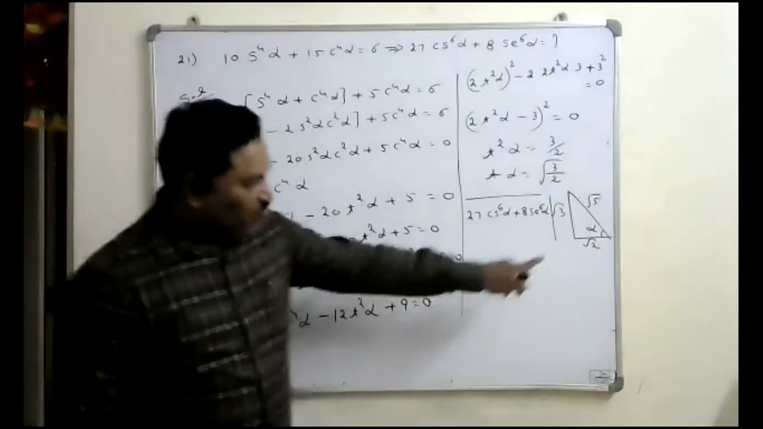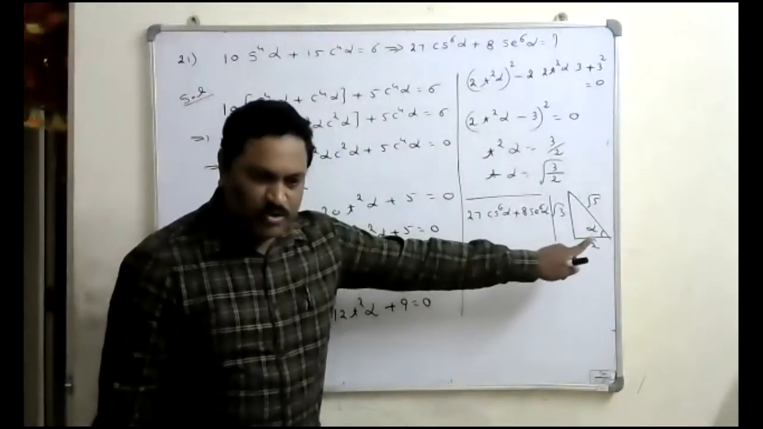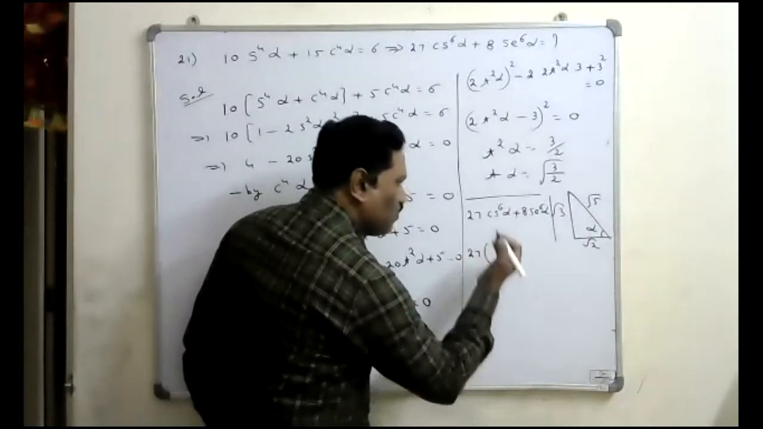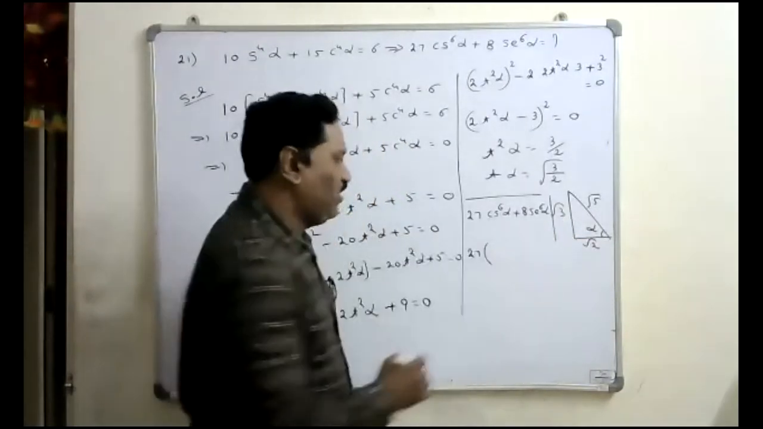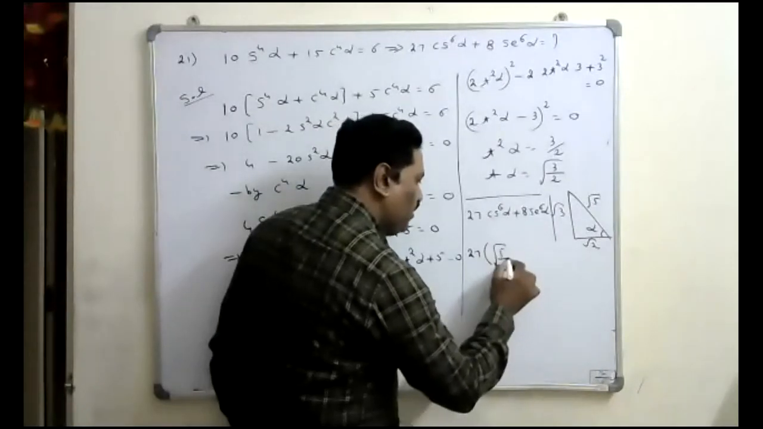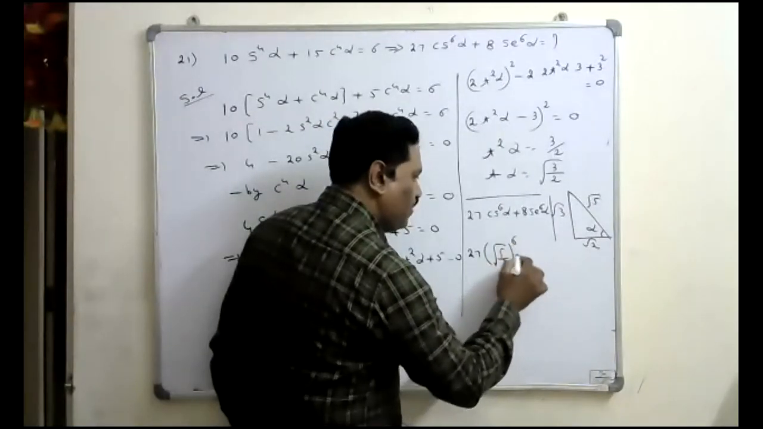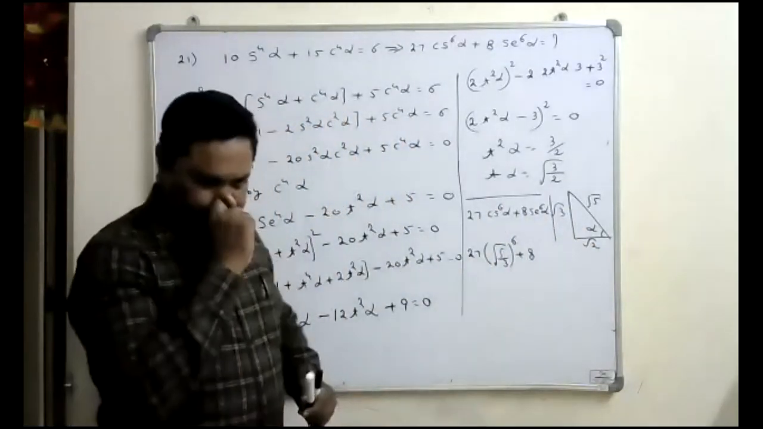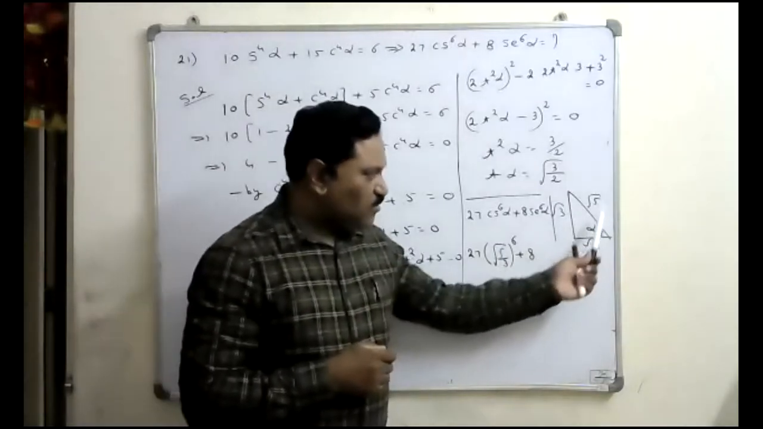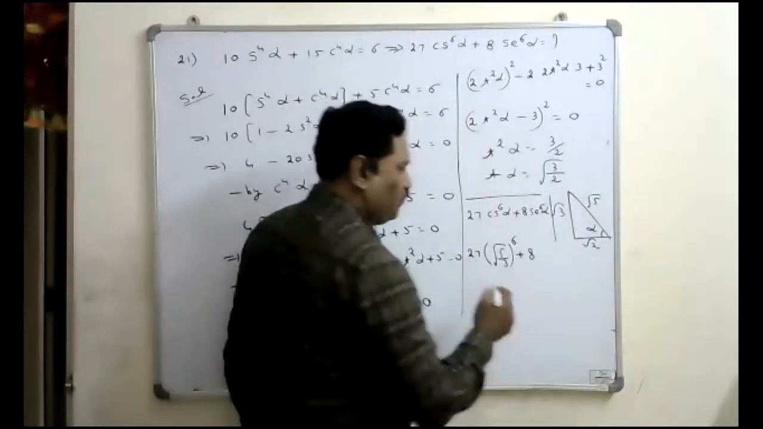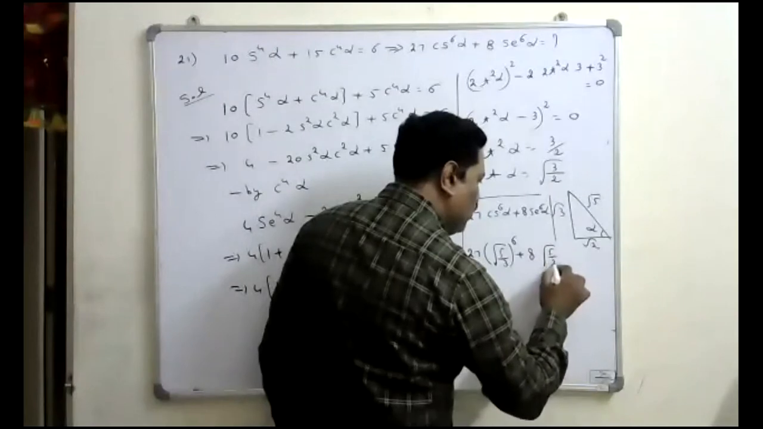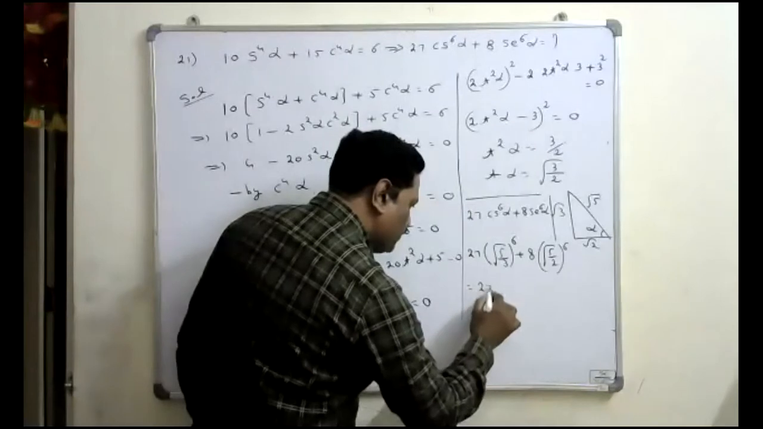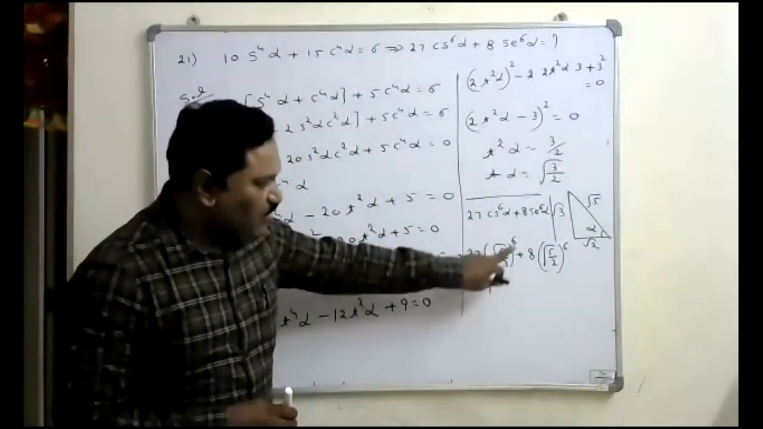To find this, from this triangle, tell me what is the value of the cosecant alpha? Root 5 by root 3. That is root over 5 by 3 whole power 6, plus 8 into, what is the value of the secant alpha from the triangle? Root 5 by root 2. That is root over 5 by 2 whole power 6. So that is equal to 27 times